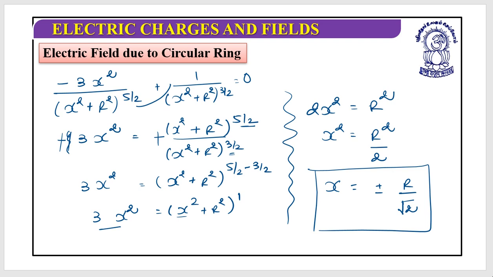So just go through this repeatedly, and I'm sure you might be able to solve this. One more thing, you need to remember that at plus or minus r by root 2 location, electric field will be a maximum. So at that point, you must know that if electric field is maximum, your force too will be a maximum. So electric field will be a maximum and force will be a maximum. Okay, one more thing,